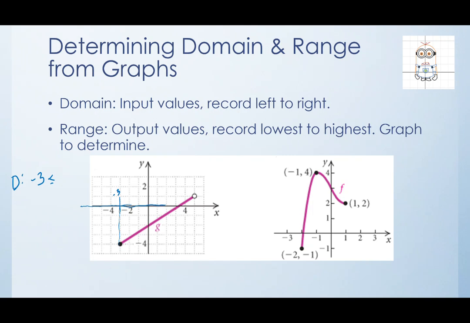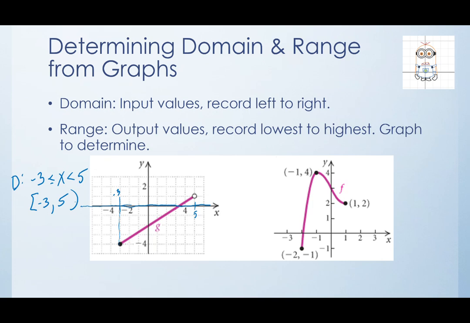There's no gaps. The function exists, function exists, function exists. And we get to 5. And uh-oh, the function doesn't exist anymore. And it's an open circle, so we won't include that point. So of course, in interval notation, we've got -3 with a bracket, 5